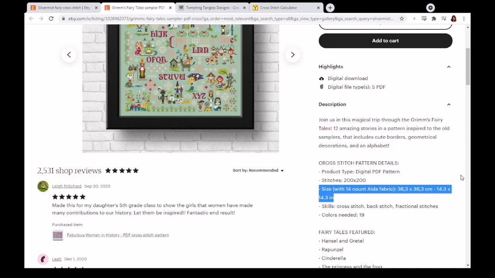Here it says that if you're using 14 count Aida, you're going to have a 14.3 by 14.3 inch finished piece. That's without any border or any finishing area, so that is just the edges of the design itself with